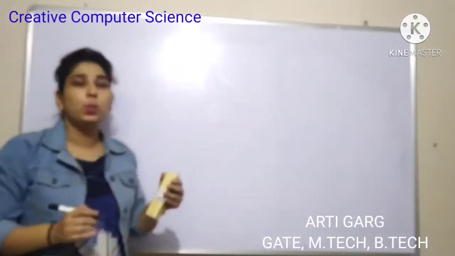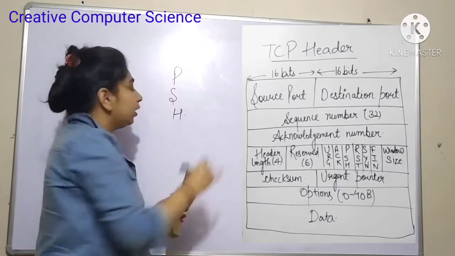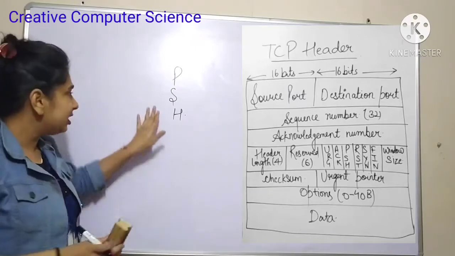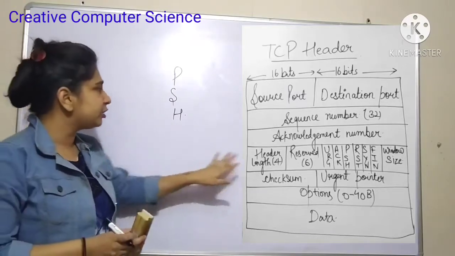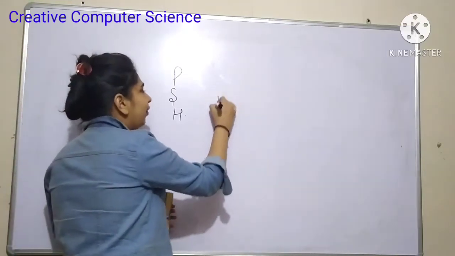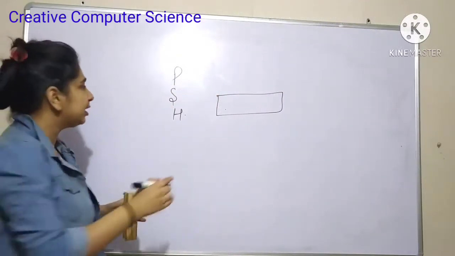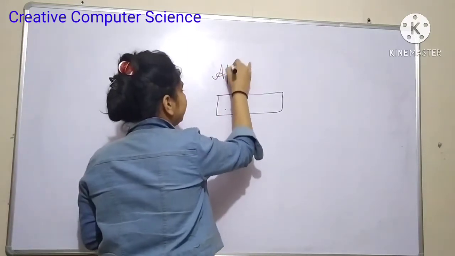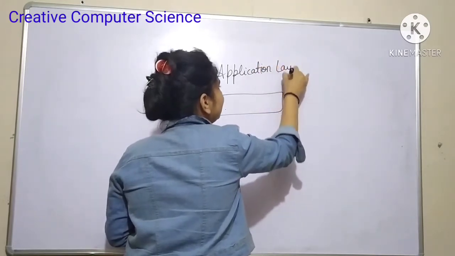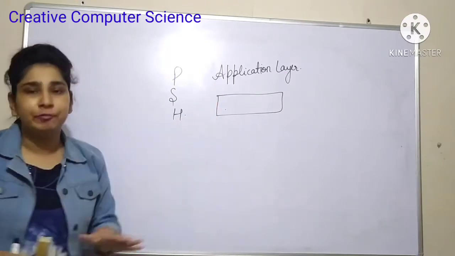Now let's discuss what is the use of push field. So what does push field say? Let's suppose you want to send some message to the other party. What you have is one buffer. When you are getting your data from the application layer, that data you are going to store in the buffer.